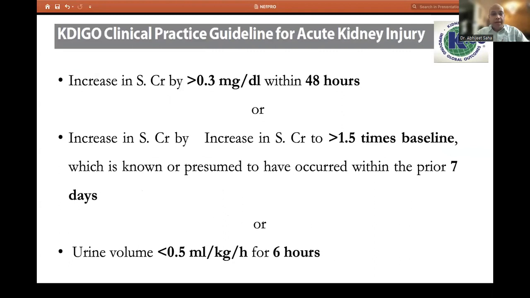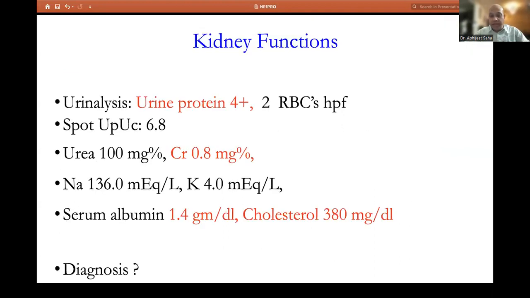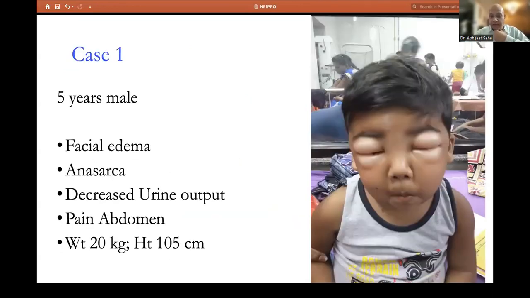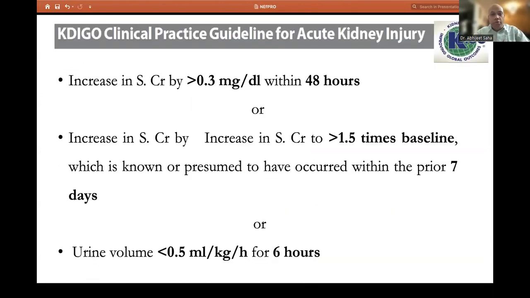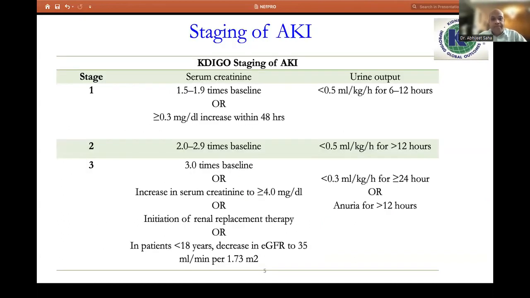So can we go back, and you can always calculate the eGFR of this child and then write in the chat box, because I think the height of this child was available to you, and the serum creatinine was also available to you. So you can just write down the eGFR of this child in the chat box.